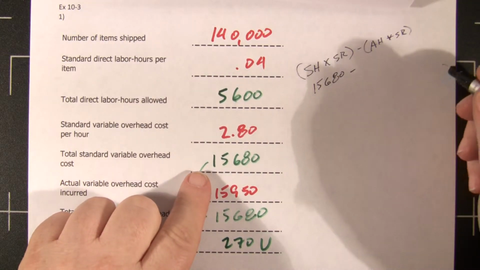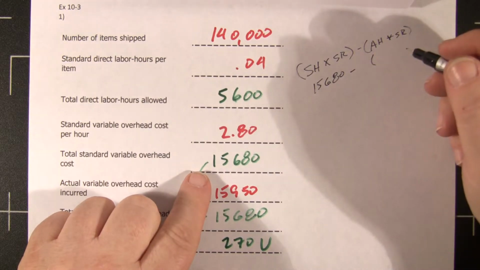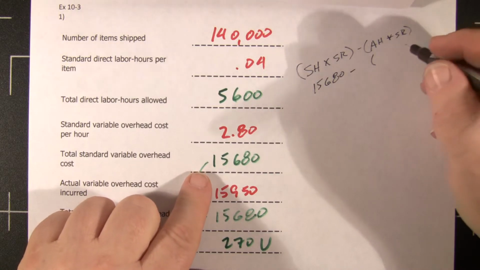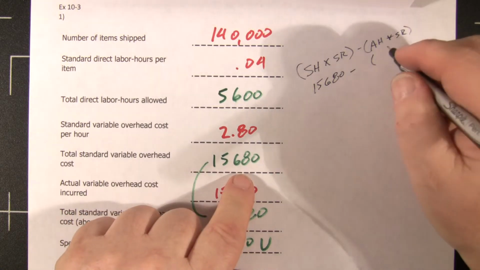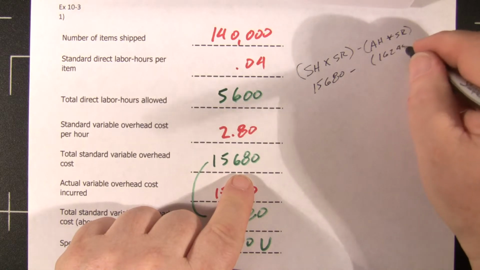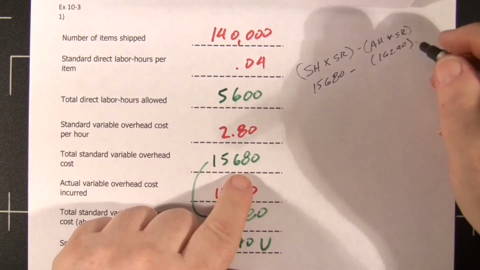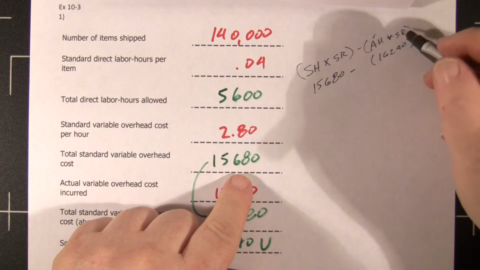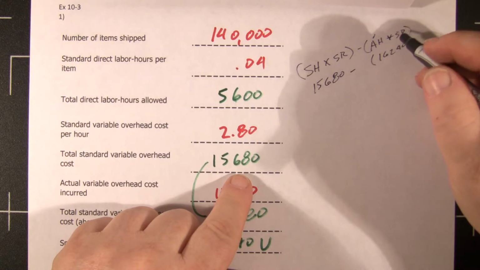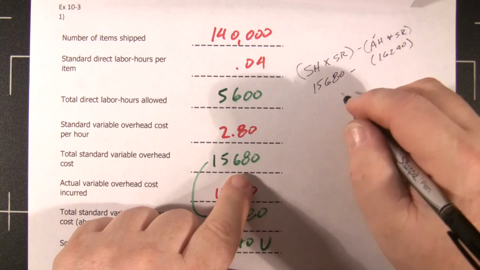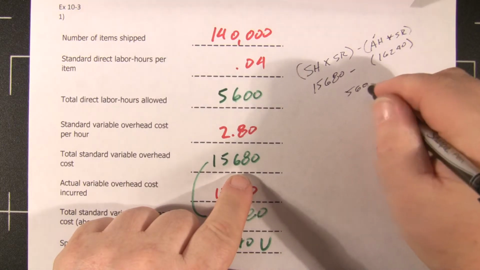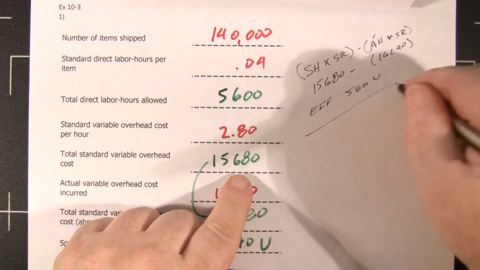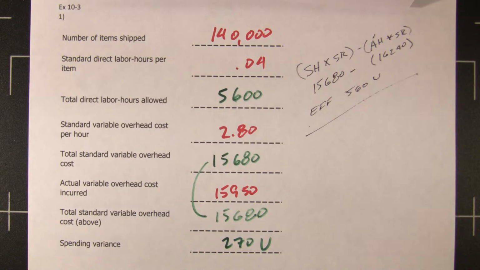Our actual hours times our standard rate, okay, comes to $16,240. Okay, because we have to take our actual hours, 5,800, times our standard rate, and when we compare that, we come up with an efficiency variance of $560 unfavorable for efficiency. Now we need to do the same thing again,